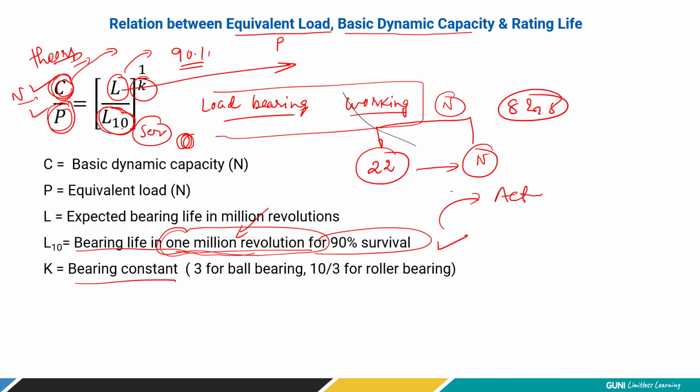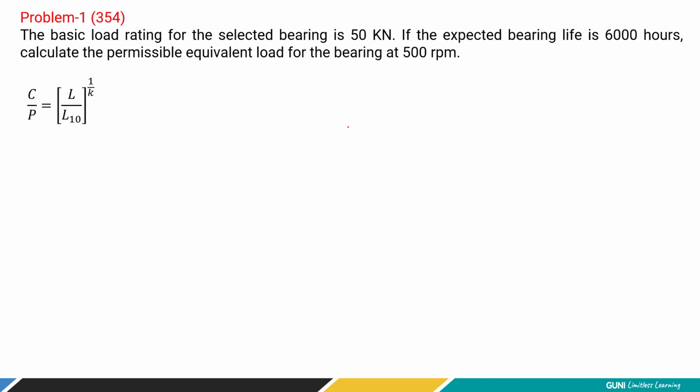તો આ ઇક્વેશન એવું કહે છે કે તમે લોડ વધારશો તો સર્વિસ લાઈફ ઓછી થશે, તમે લોડ ઓછો કરશો તો વધારે સર્વિસ લાઈફ મળશે. આવું કંઈક રિલેશન તમને આપે છે અને આપણે ન્યુમેરિકલથી વધારે જોઈશું, રાઈટ? So let's try to solve some equations to understand what this equation says. Okay. So first numerical is,